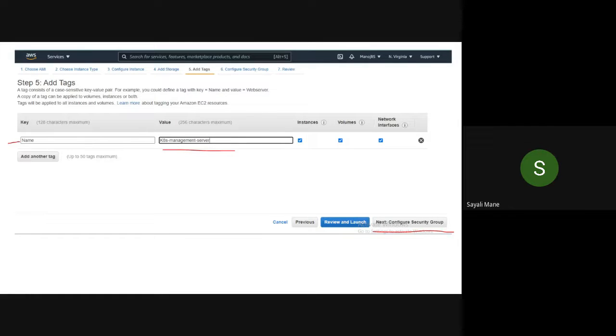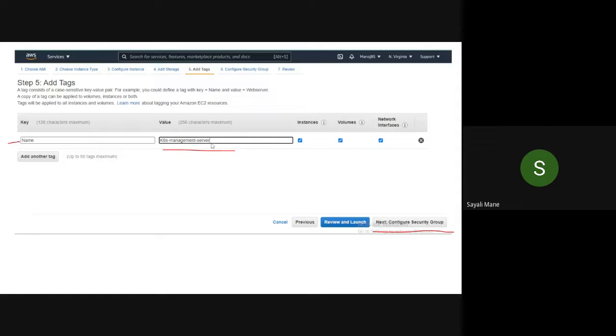Okay, fine. So now here in add tags, you have to add a name. Please click on add new tag, then select the key, that is Name, and give a value. Right now I have given the value as KTS management server.